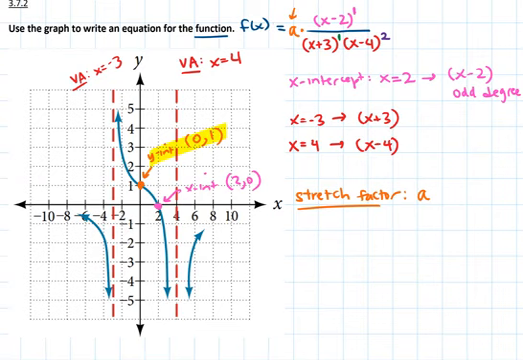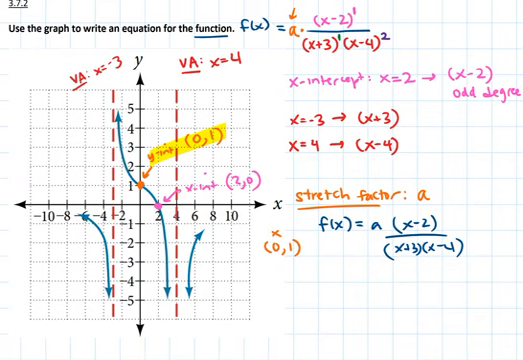And what that means, as far as the stretch factor is concerned, I'm going to take the f of x, which is a times x minus 2, x plus 3, x minus 4, and I will plug in my ordered pair. So remember, my ordered pair, 0, 1. So that's indicating that when x is 0, the f of x is 1, or we call it y. So right away, you can plug this in. We have f of 0 equals a. And so we have 0